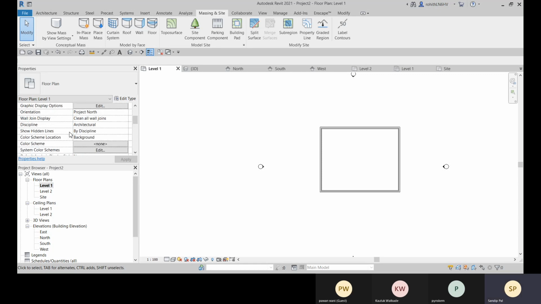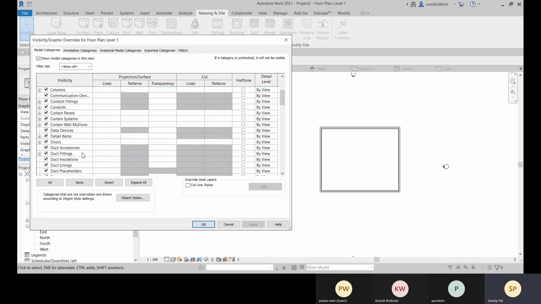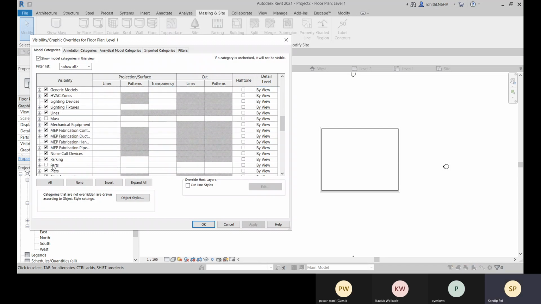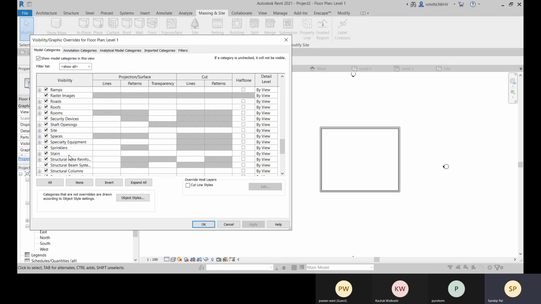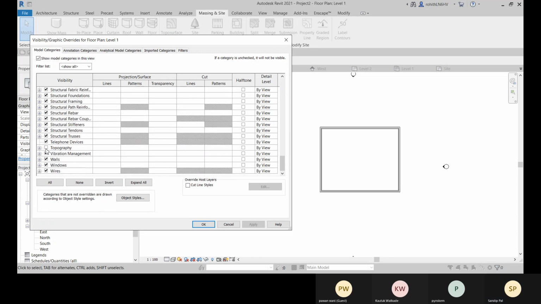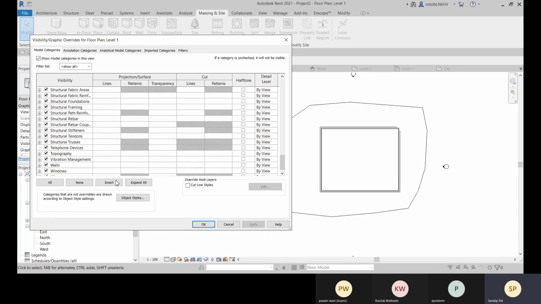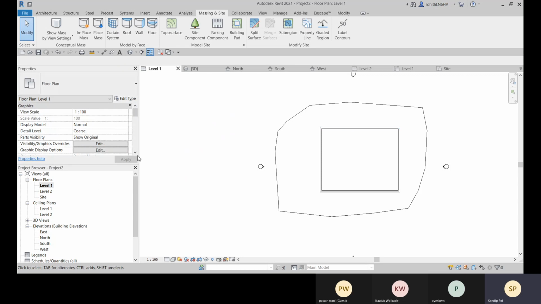And now let me check in this visibility graphics whether the topo surface is checked. Yes, so the topography is unchecked within this visibility graphics. Now let me click on OK, and it is visible.